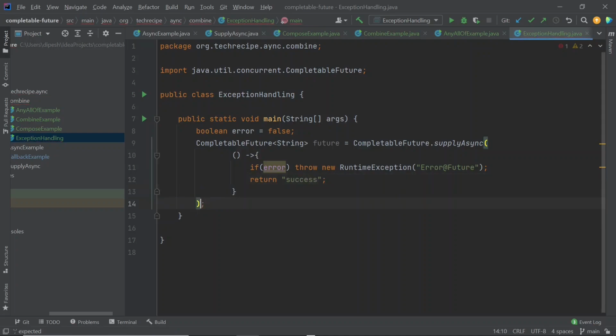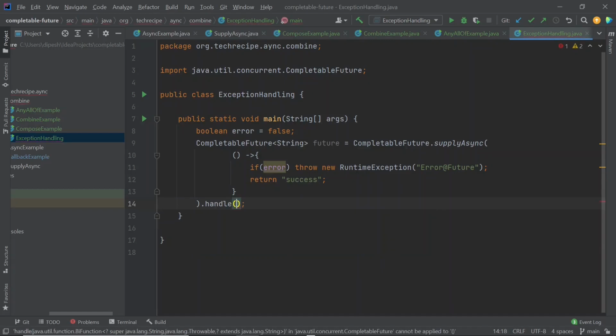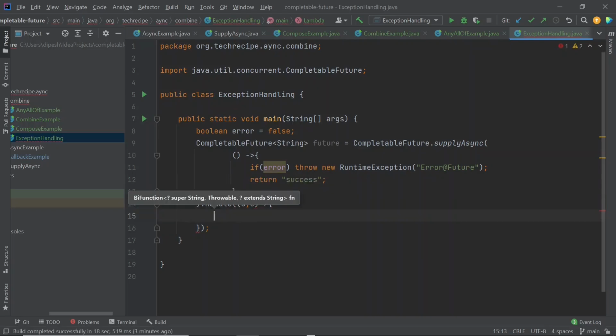Now as you have seen, there are two ways we can handle the exception. The first is using handle and passing it a BiFunction. Now this BiFunction will get two arguments. First is a result as s or an exception as e. So in case of exception, we will get e as a non-null value, and we should handle this gracefully.